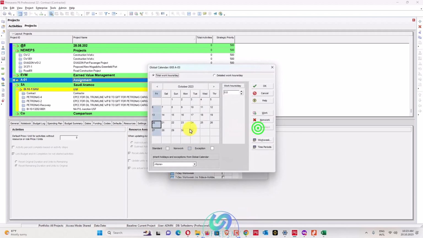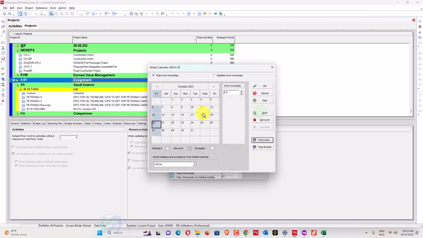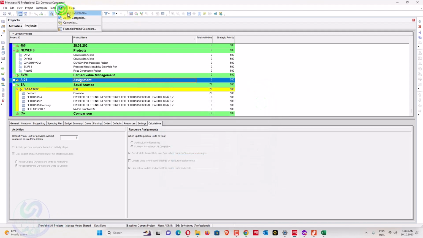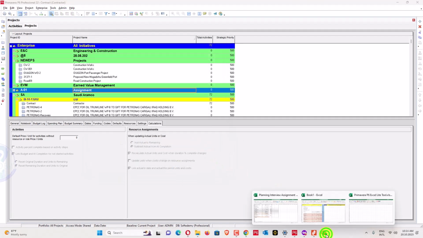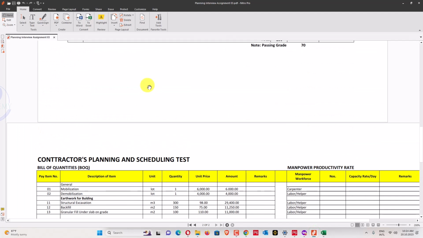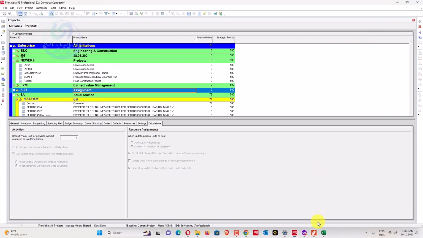Modify that calendar, and for the calendar we need a work week of 8 days. This is only the restriction on the work week. There is no restriction on when we have to start and when we have to finish. And close this one. Also there is a restriction about the week start. The week start is Saturday. It's written here, and the week start should be Saturday. Let's cross verify. There is a condition for the week start as Saturday. Friday is a non-working day, as I have done.